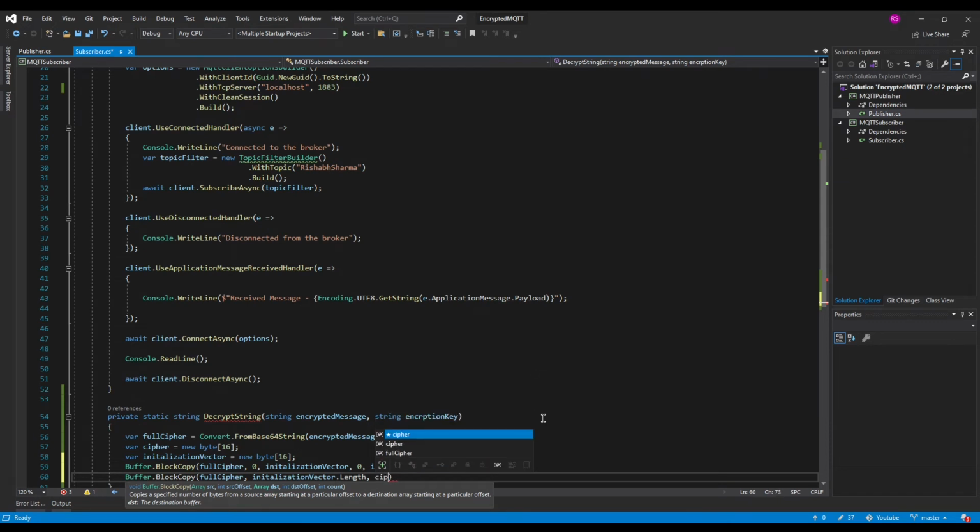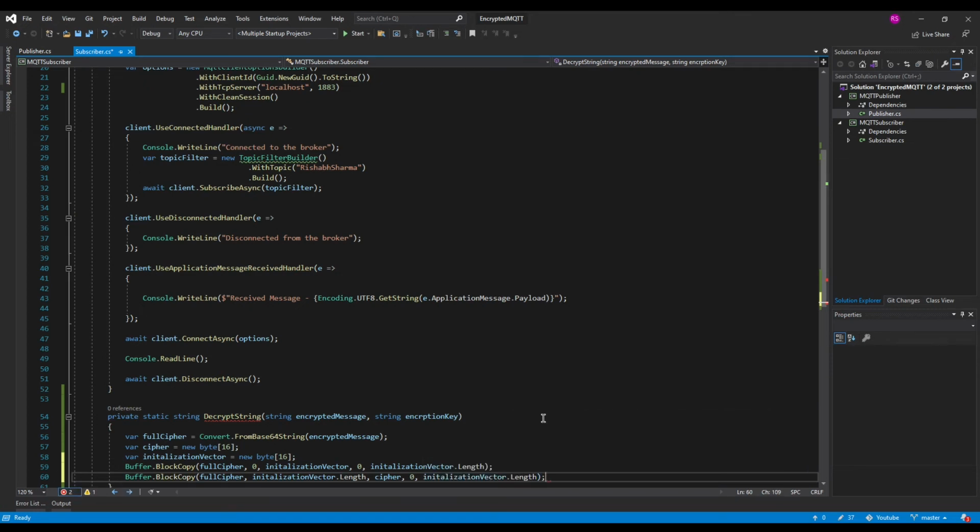Post that, we will copy it into the cipher, which is a byte array, starting from the 0th index till the initialization vector's length, or the cipher's length. Both are the same in this case.